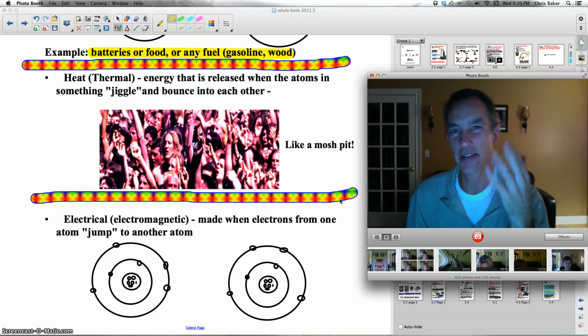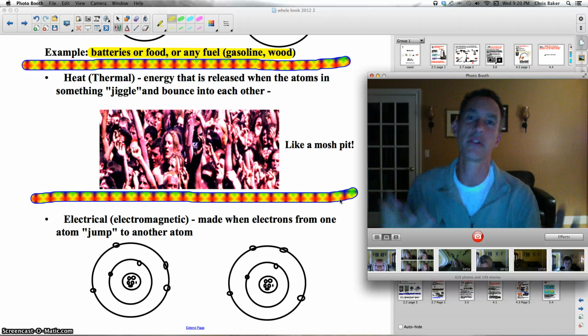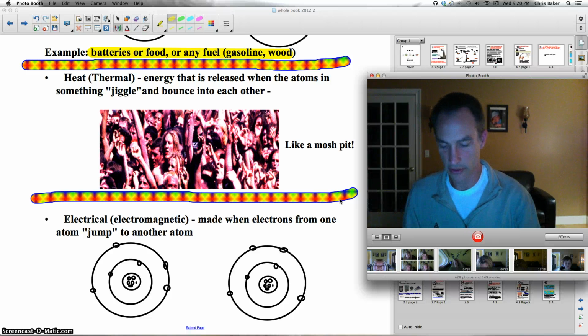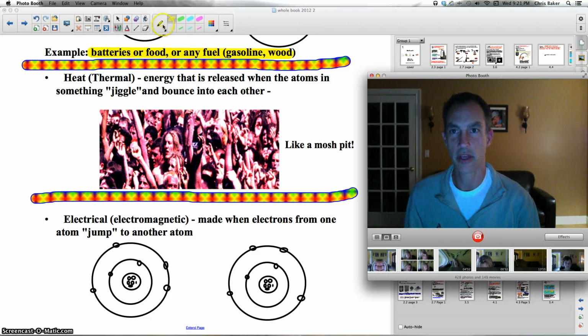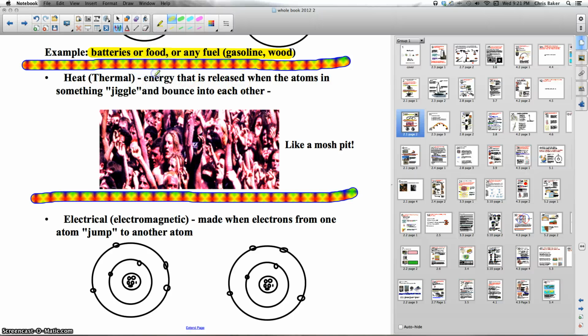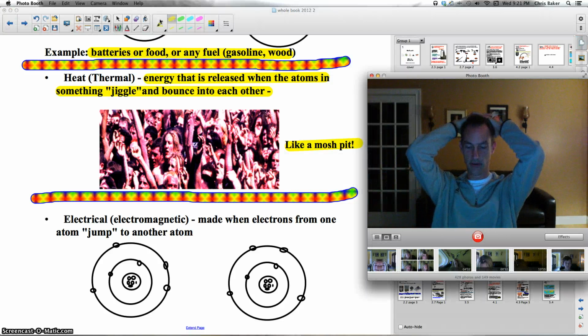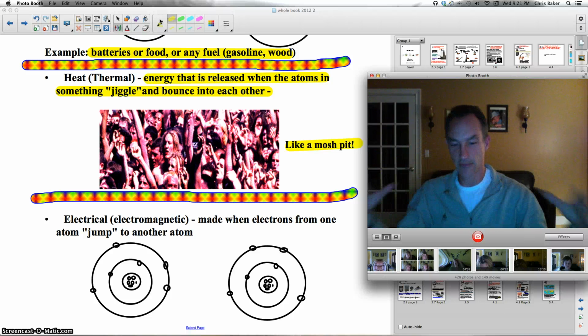Heat. Heat is another type of energy. It's also known as thermal energy. Heat is funny. I don't want to go too much into heat because it's hard to describe actually what heat is. It's energy that's released when atoms in something jiggle and they bounce into each other. I keep using this picture and saying it's like a mosh pit, thinking that people might know what a mosh pit is, but I think as time goes by, you guys know less and less about what a mosh pit is. Basically, if you imagine this,